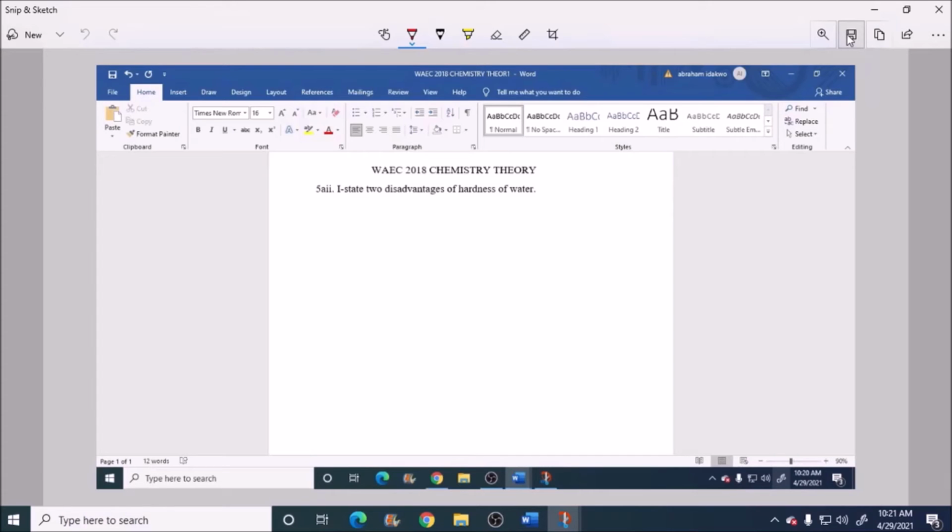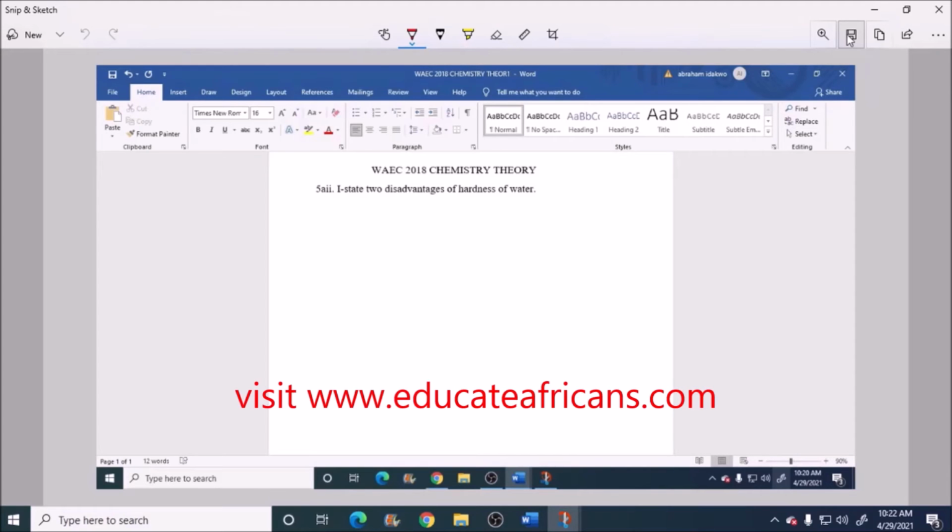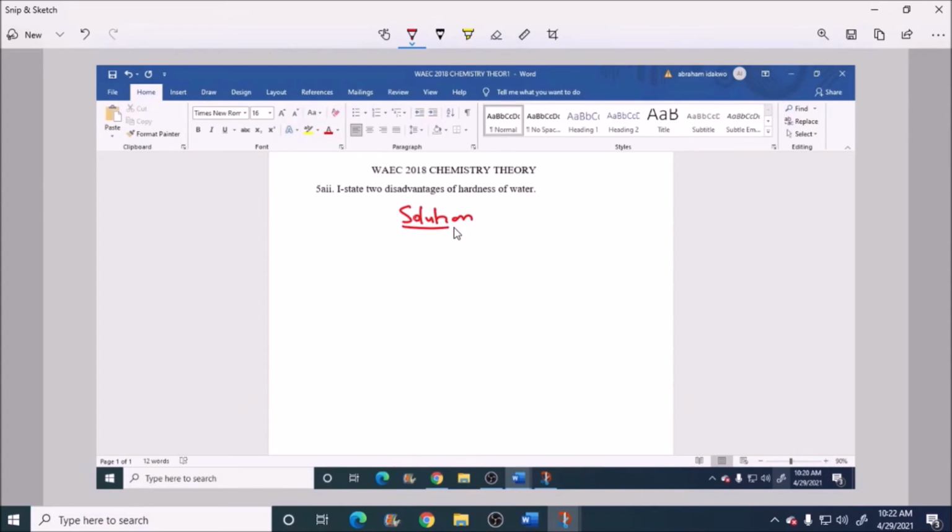So when we are having hardness of water, it can cause the fouling of kettles and the boilers. Then number three, hard water cannot be used in dyeing and tanning as the salts in it interfere with the modes of action of these processes. So it cannot be used in dyeing and tanning. So these are the disadvantages of hardness of water. So number one disadvantage of hardness of water is that